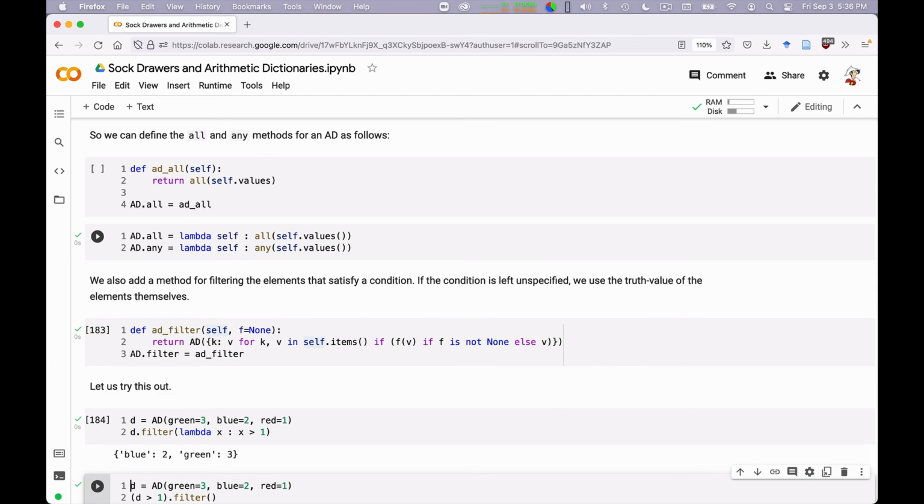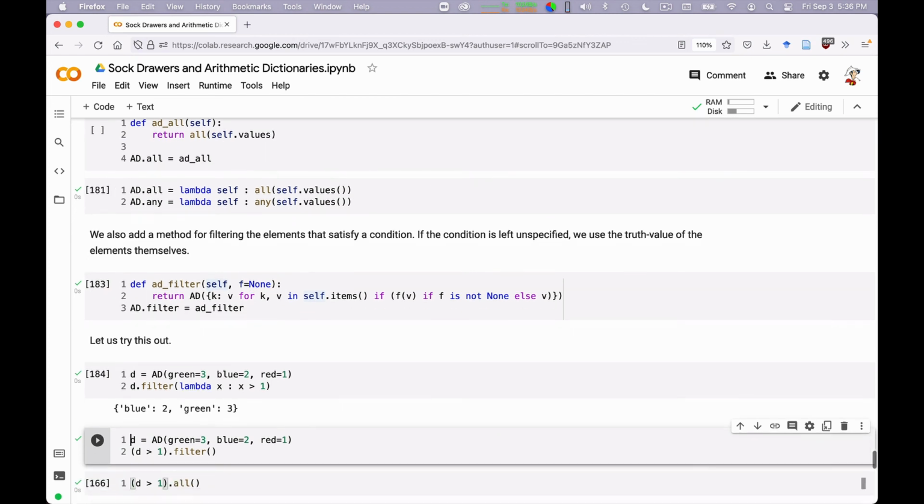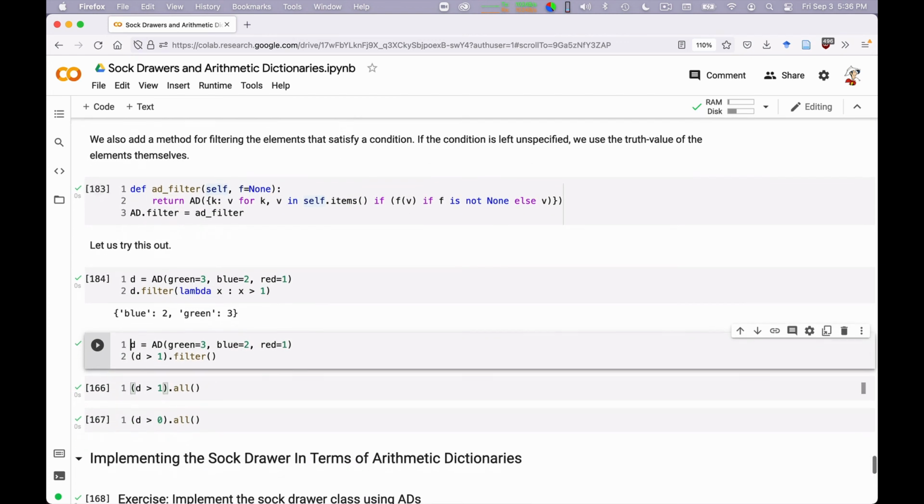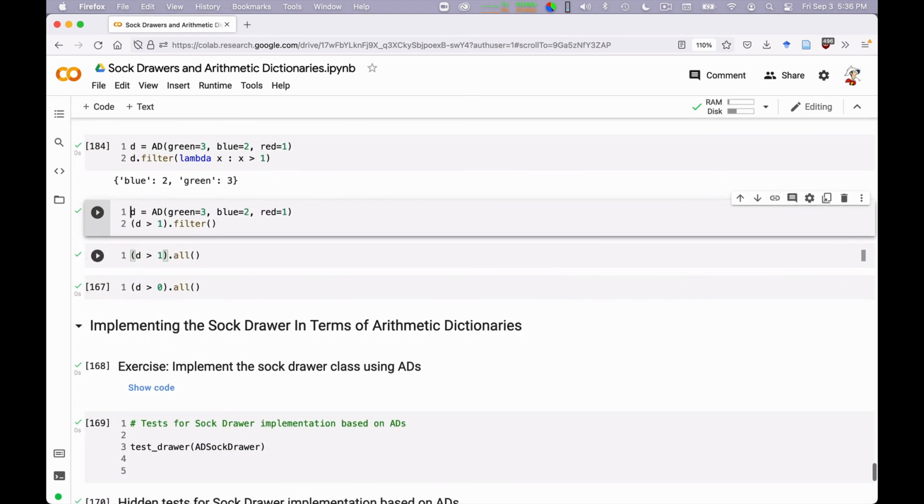Yes, okay. And so when this is all done, your challenge for the homework, the real challenge, is essentially this. You have to implement the sock drawer in terms of arithmetic dictionaries. So the idea is this.